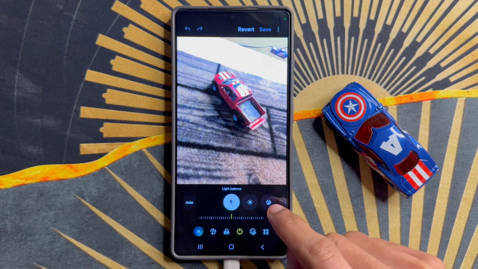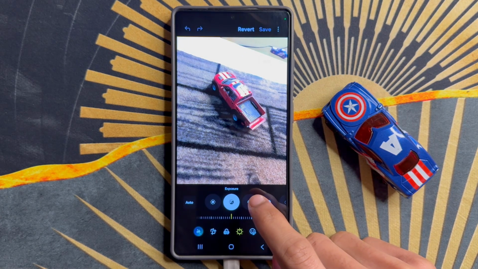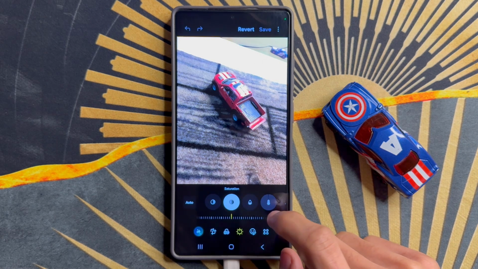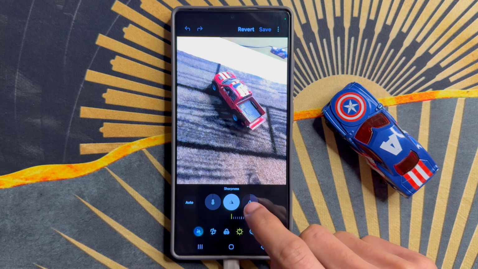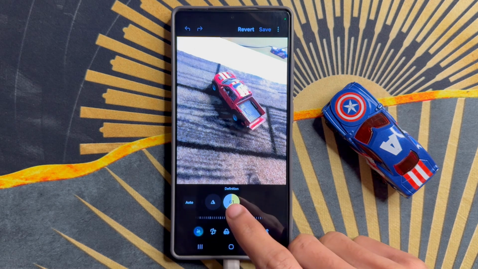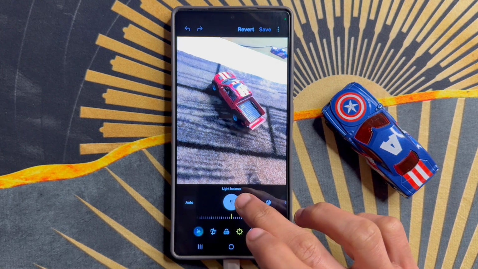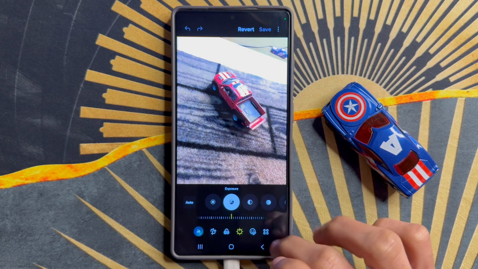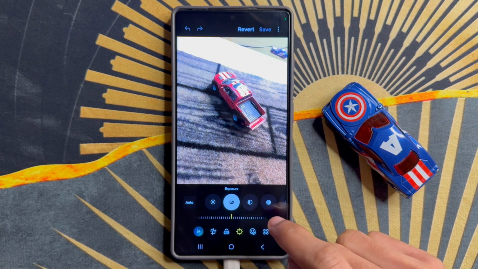After clicking on this icon, search exposure. So you will see exposure is here. So if you want to adjust,